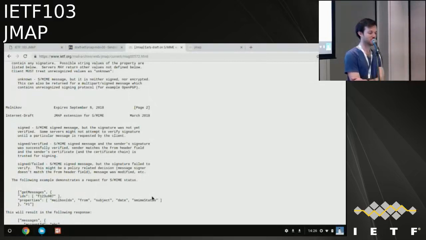Yeah, I mean, it's not just for UI, but I did have a very similar question of what is the client meant to do if it gets signed/failed? What is the expectation there? Is it meant to tell the user, don't read this message at all, or not show it to the user, or just not show anything, as you said, and just display it as normal? And a lot of this is related to the decision. This is policy sometimes. That's true. Policy decisions and domains.